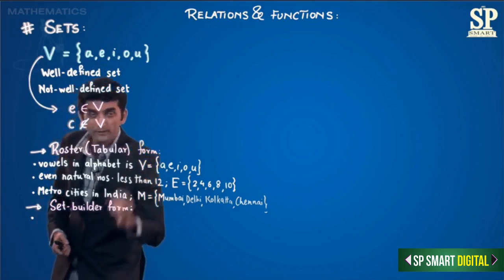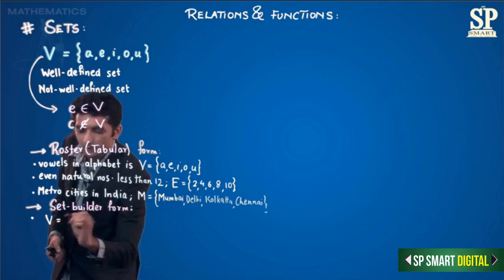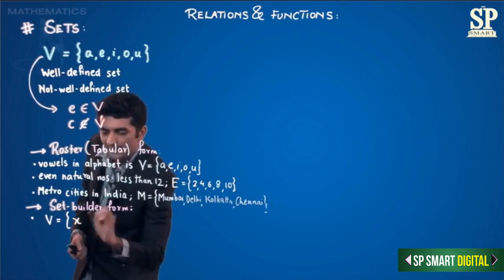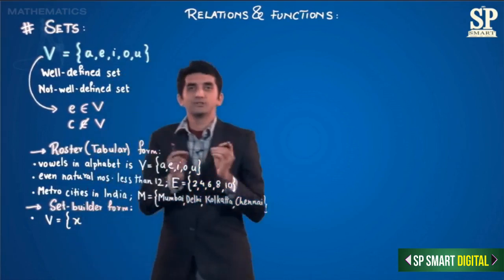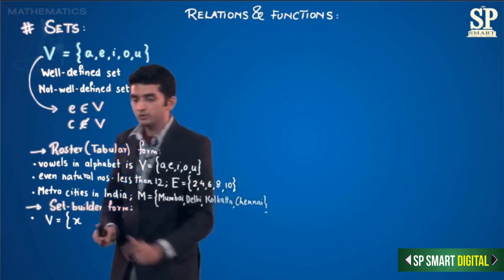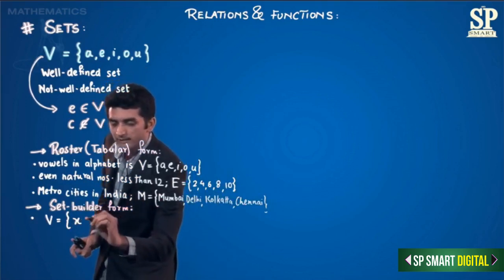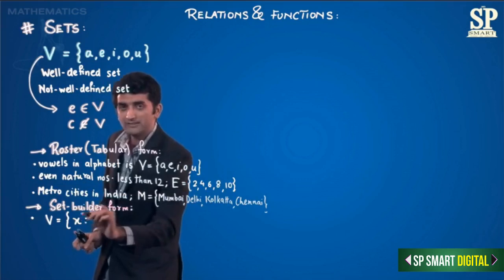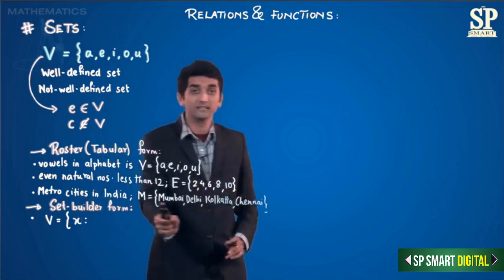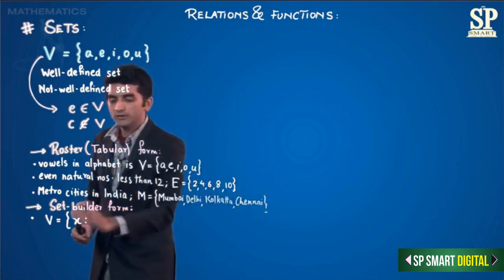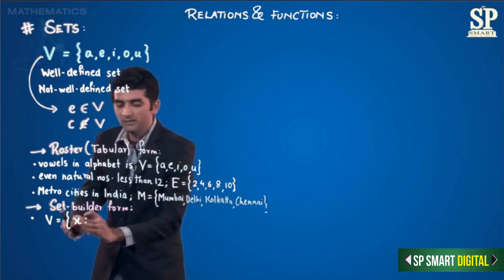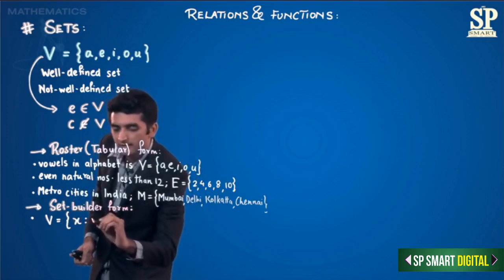So now this set V will be written as V is equal to curly braces here. Then we will have X, right? X is a general alphabet which represents the condition that we are going to write further. So first we need to start this with the braces. Then we have the general alphabet. This alphabet can be anything. It just represents the general element which is going to satisfy the condition which comes after this. So it is braces, X, the general element, with the 2 dots over here. This represents that this element follows this condition, that it is a vowel